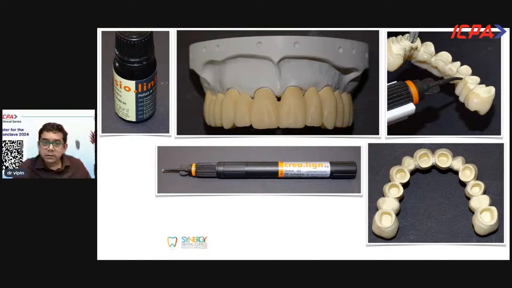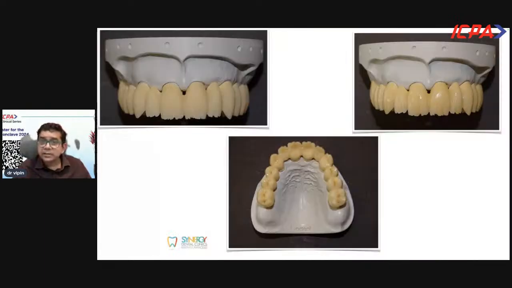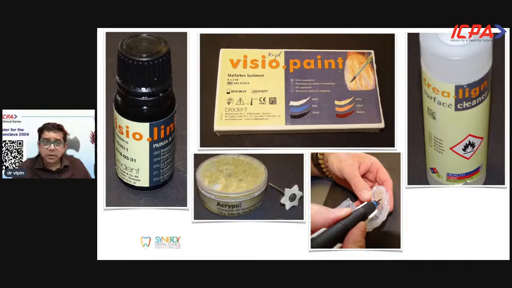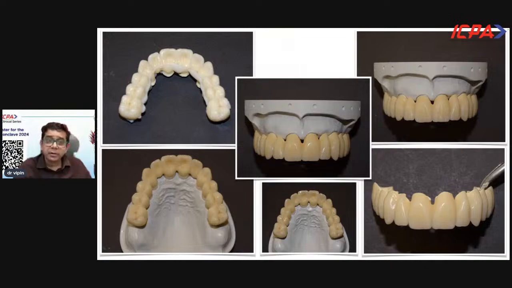You can see, these are the staining materials for all the bio HPP products. After milling, for better aesthetics, we do a slight level of layering on these HIPC crowns. Again, it is digitalized. We make a stent for adding colors to it, and that's the final process that we have. So this is a bio HPP framework with composite on it, and HIPC, that is